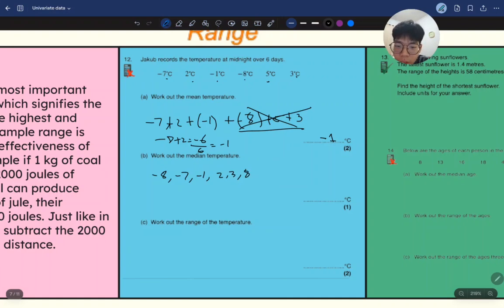So there are 6 numbers. So 6 plus 1 equals 7. Divide that by 2, which is times that by 1 over 2, equals 3.5. To find this 3.5, you can do 1, 2,